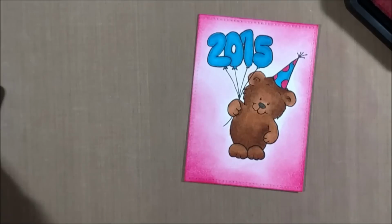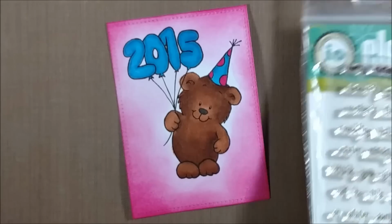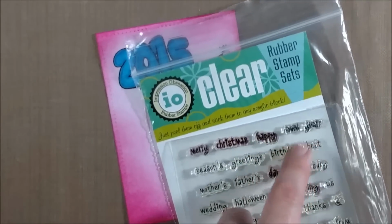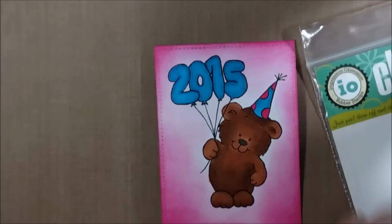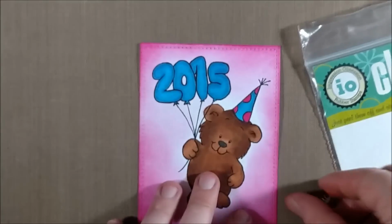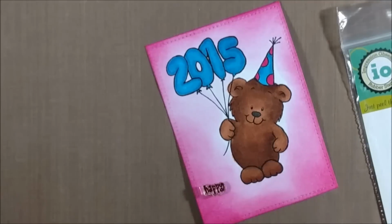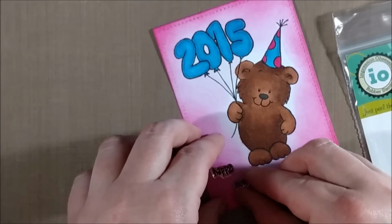And so when it's just a light bit of ink, it works better. But I like the way that leaving the white area highlights the image and draws attention to it. Now, I could have just left 2015 and not added a sentiment because it's pretty clear what occasion this card is for, but I do remember having this Impression Obsession stamp set that allows you to put a sentiment for